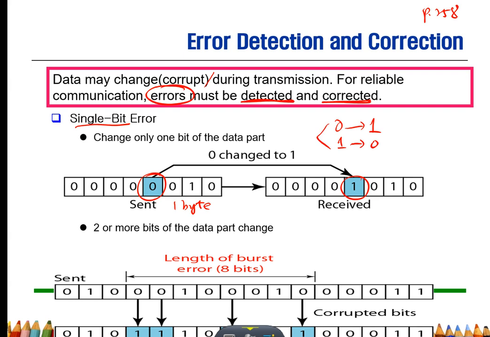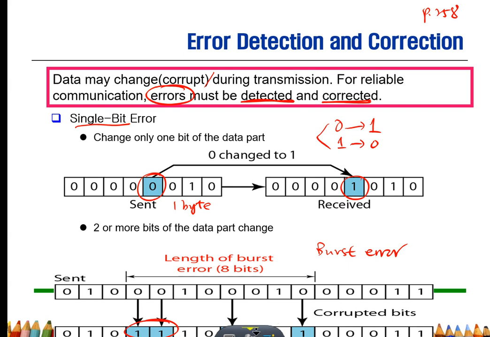This is the pattern of a 1 bit error case. How about 2 bits or more bits of the data changing? We call that burst error. So more than 1 bit, for example 2 bits,